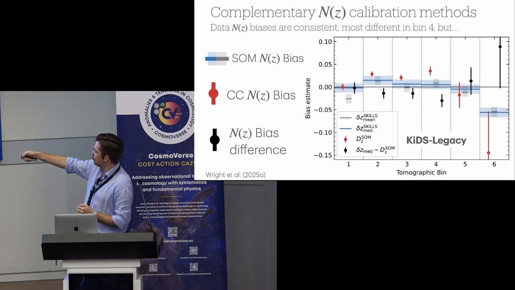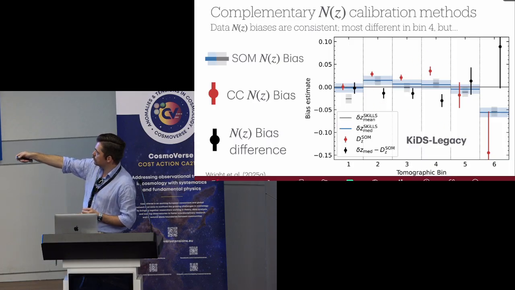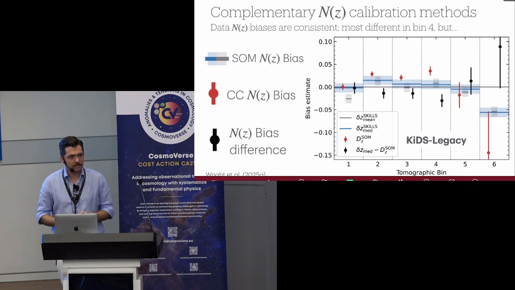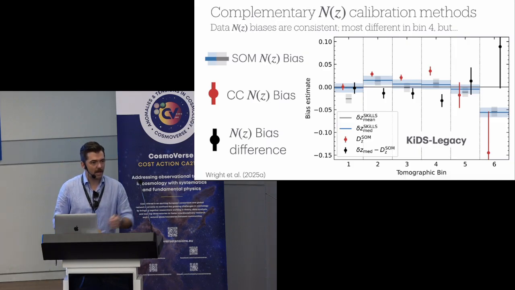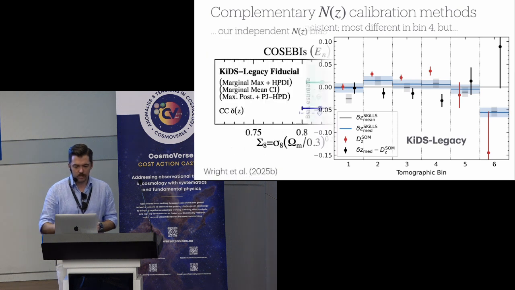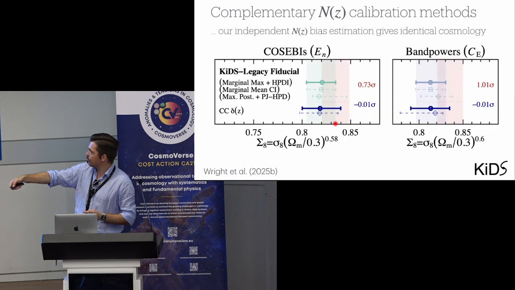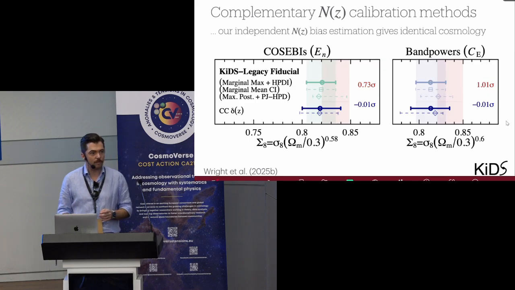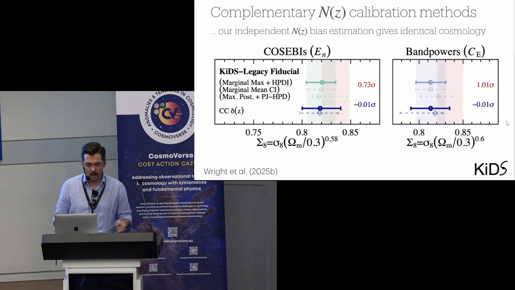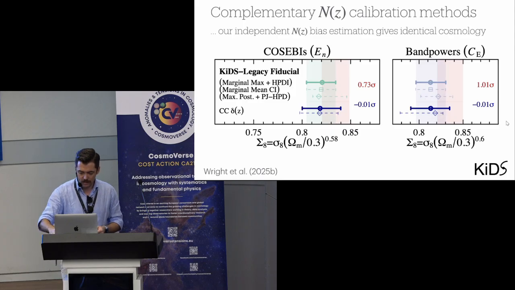There is a slight difference in the biases that are estimated using our cross correlations in a few tomographic bins in the middle, but largely speaking, this agreement is very, very good. And most importantly, if we use the N of Z biases estimated from cross correlations, we find no change in our cosmological parameters. We find an increase in the error bar, which comes from the fact that our estimates here